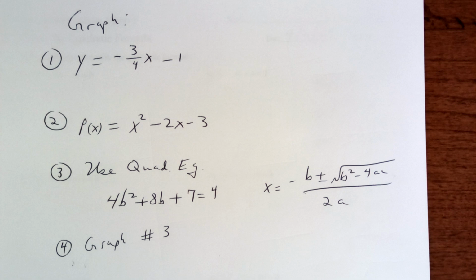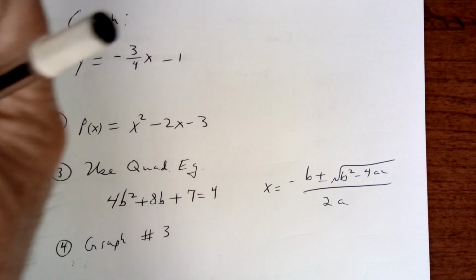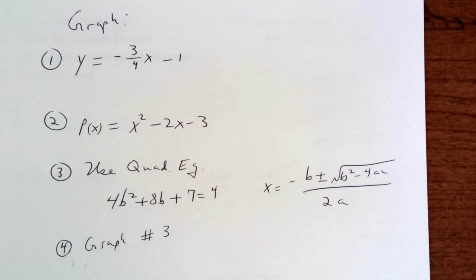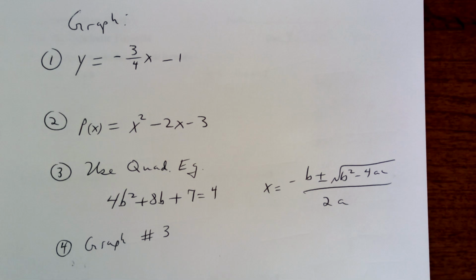All right, so on number one, you have to graph this. Now, in order to graph this, you need to find the slope and the y-intercept, of course, because it's a line. So on this one right here,